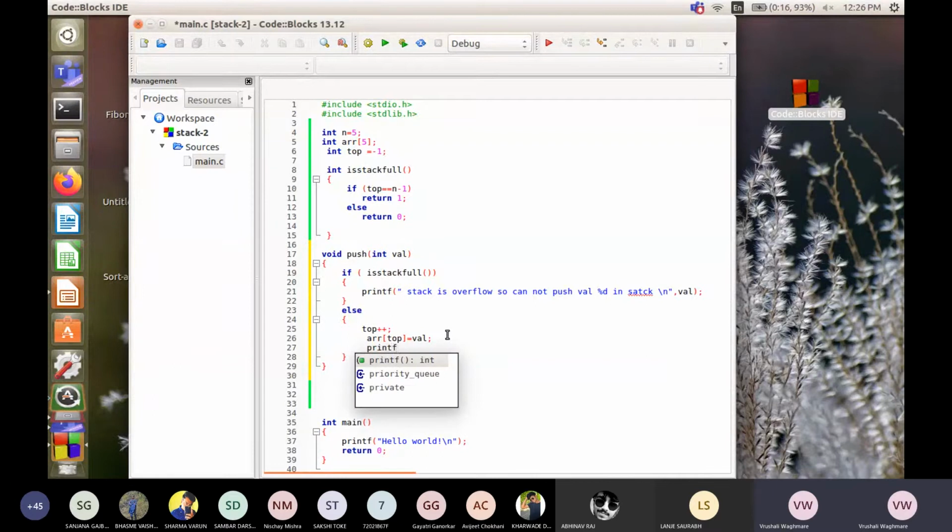अगर हमें प्रिंट करना है तो प्रिंट करेंगे, क्या लिखेंगे? पुश वैल्यू। कौन सा वैल्यू है हमारा? VAL. This is our value that will push. ठीक है, so we will be able to see that. So here what I will write, I will say push, suppose 75, in the main, and we'll build the code.